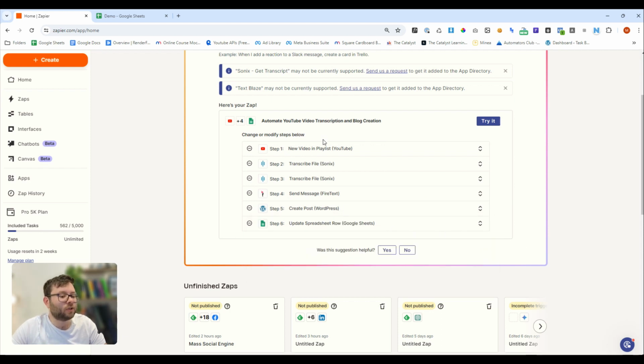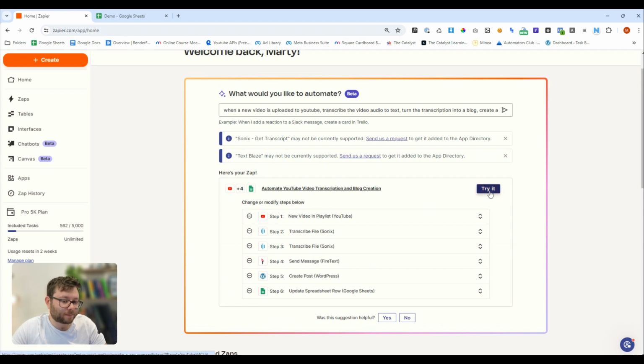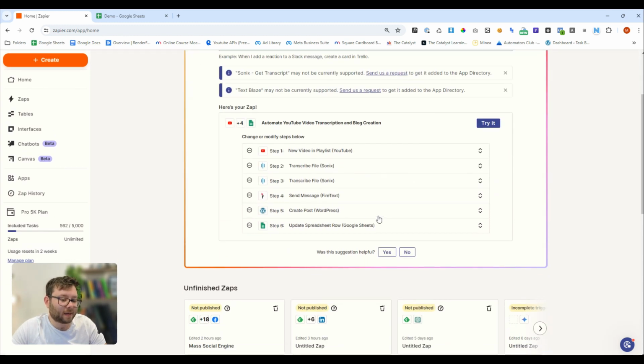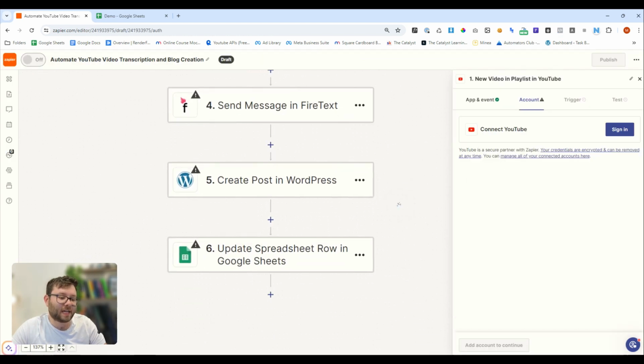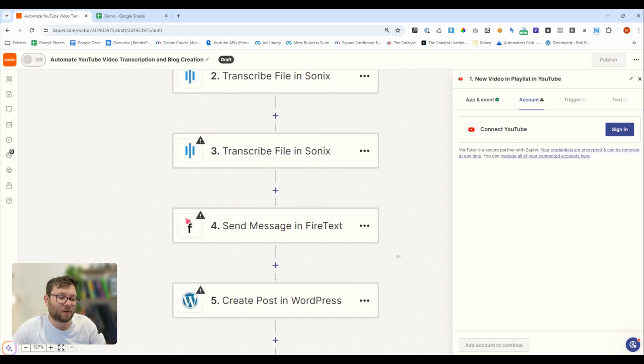Now, this hasn't done a perfect job for us, and it is important to remember this is still in beta, but it's given us a little bit of a foundation and an idea. So if we do try it, we see the steps that it's suggesting and giving us ideas on what sort